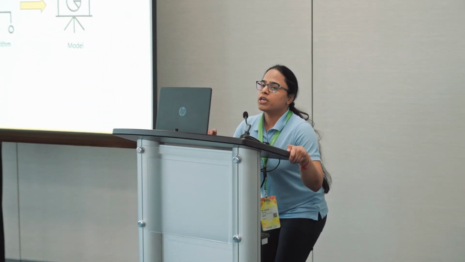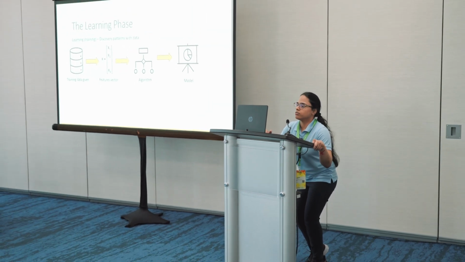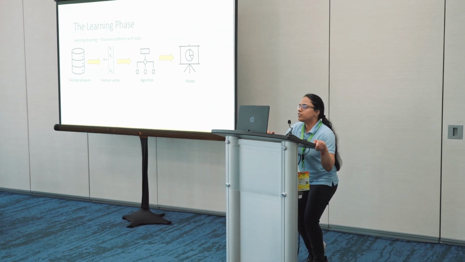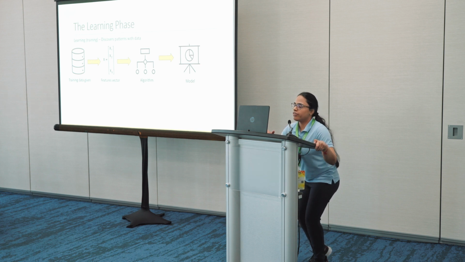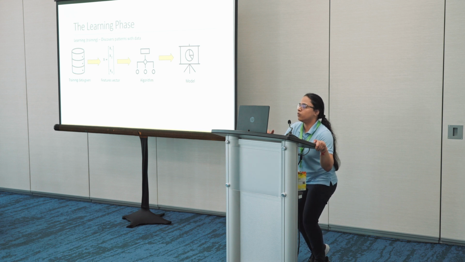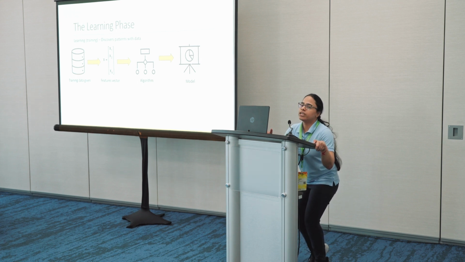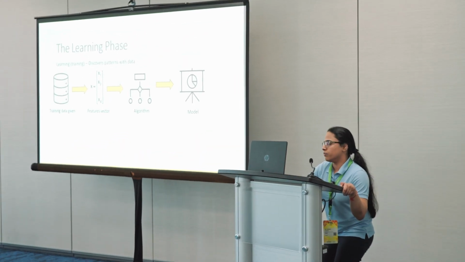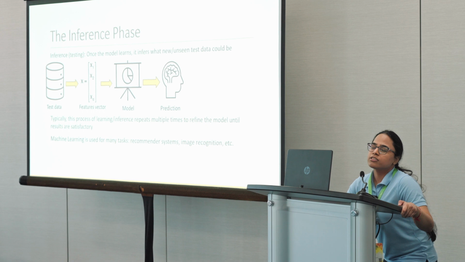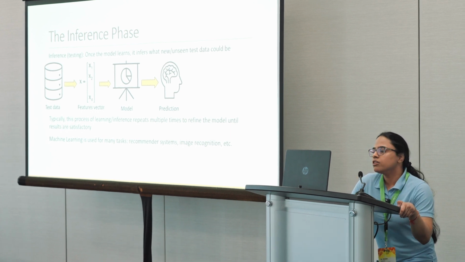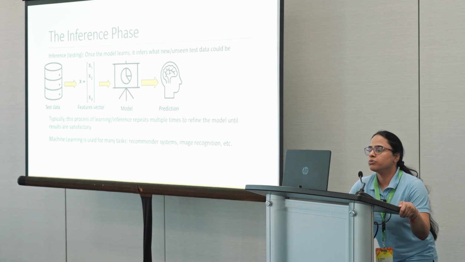So let's go back to the images example. It gives you this training data input of dogs, and then it creates a features vector. This is basically breaking up the image into different pixels. There's math involved, but just at a high level, think of it like pixels in the image. Then the algorithm sees what features correspond to what data sample. And then the model basically creates a compilation of all the results from the algorithm. And this learning is done many, many times before you move on to the next phase, which is the testing